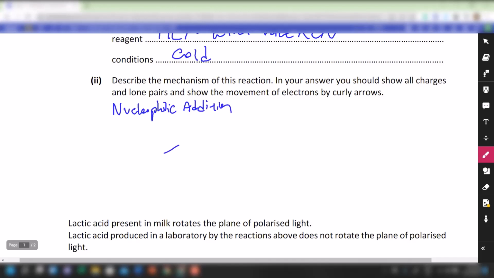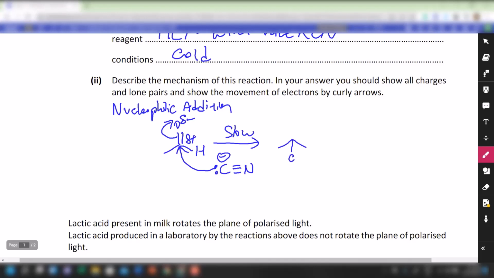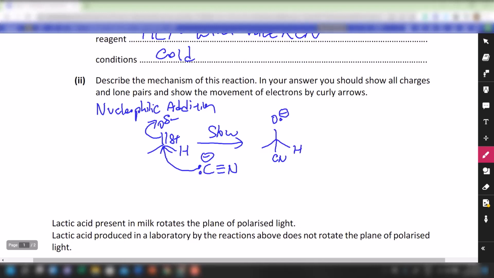For nucleophilic addition, the first step involves the nucleophilic attack by the cyanide nucleophile. So this is the slow step. Then you need to write down the charge separation, delta plus, delta minus. Remember that for cyanide, the carbon is the one bearing the negative charge, and the lone pair of electrons is the nucleophilic source. It attacks the carbonyl carbon, and the C=O pi bond breaks towards the oxygen. In the process, you form this particular alkoxide intermediate, O minus. Remember to put down your lone pairs of electrons on the O minus,